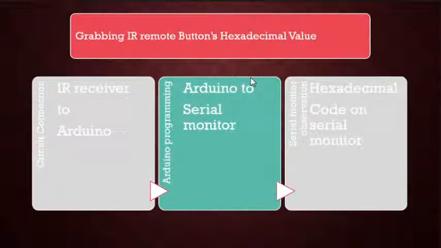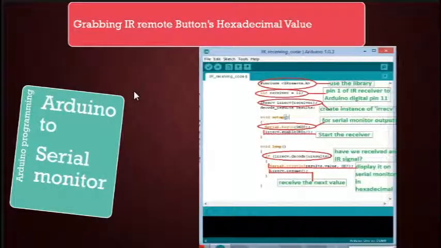Now it's time for programming. Let's get our hands dirty with programming. Here I am using Arduino 1.0.3. This is a Java-based development environment that can be used both to compile and burn our code to Arduino. IRremote.h is a library that I am using, as this reduces a lot of effort and contains a lot of inbuilt functions that I am using here. Now let's zoom the code for you. Here I am zooming the code for you.